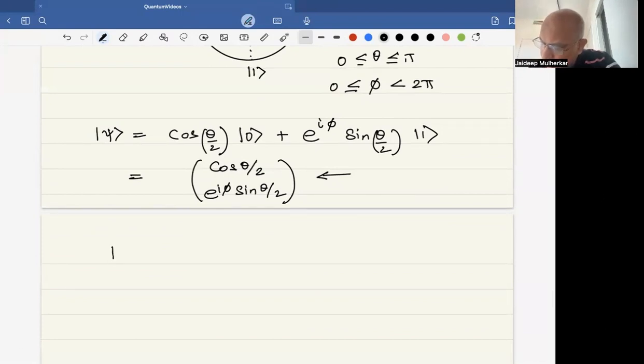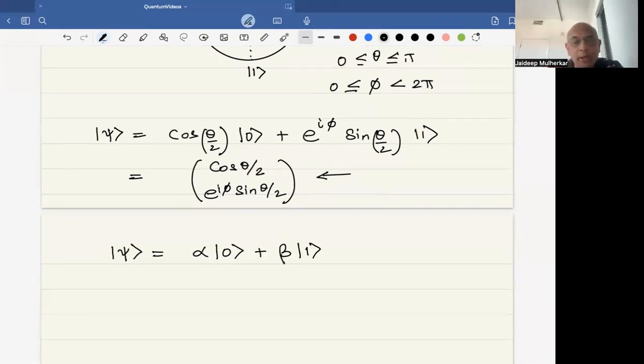So a general quantum state, a qubit, can be represented as alpha times ket 0 plus beta times ket 1, where alpha and beta are complex numbers, and mod alpha squared plus mod beta squared is equal to 1. So let me change to the polar form. The complex numbers can be written as R alpha times e to the i phi alpha ket 0, right? So this is the polar form, and then this is R beta times e to the i phi beta